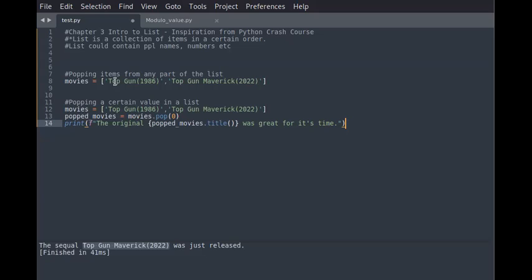Okay, so what if I want to take a certain index value from my list, right? So let's say I'm trying to make a sentence, except I'm trying to not pop the last value. I'm trying to pop the first value or the middle value or whichever value that is. I'm trying to pop a certain value. In this case, I'm trying to pop the first Top Gun that came out in 1986. So here we have our list, popping a certain value in a list, and this is just a comment. And below it, we have Top Gun 1986